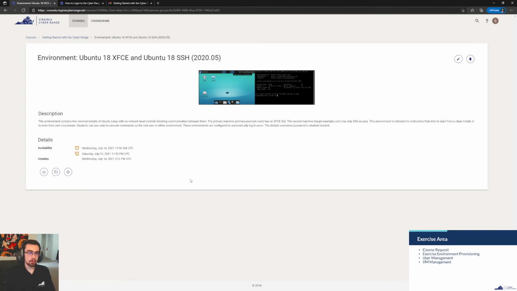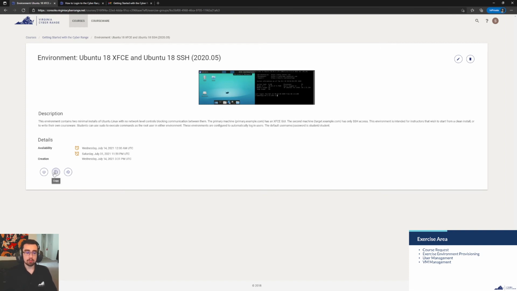All right, so here we go. We have stopped the virtual machine, so that unlocks a couple of other options once we stop it. We can click on this reset button, which, like I mentioned, will set this environment all the way back to its default state. And once you have a few different students, you can do this on a per student basis. So if one student broke their virtual machine, it doesn't mean you have to reset all of them. You could just reset one virtual machine using this button in the UI.